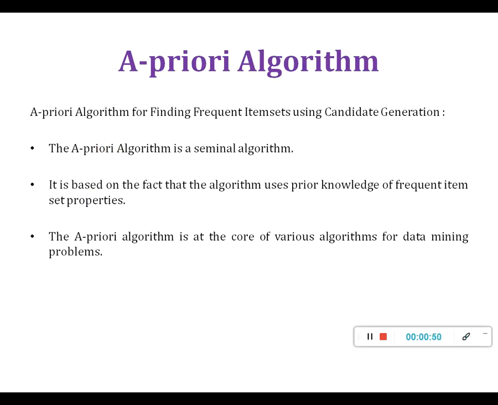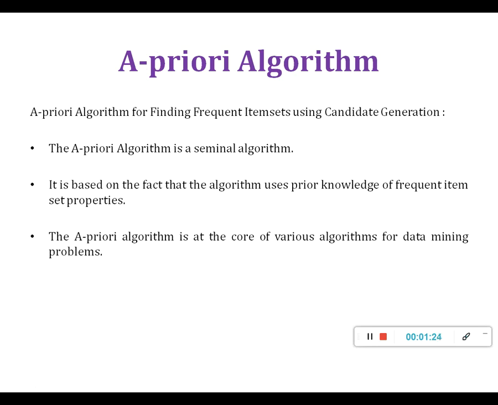We know how to find the frequent item set. When we say the item set is frequent, that count or frequency is nothing but how many transactions are containing that particular item set. That number of transactions is equal to the frequency, which we also call the support count of that particular item. This method we have seen for calculating the frequent item, and the Apriori algorithm is also used for the same purpose.